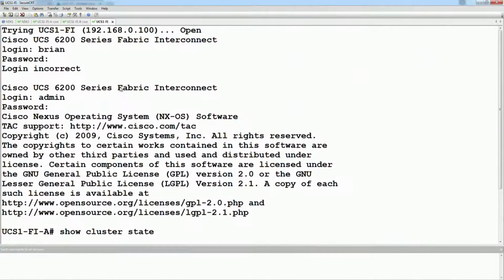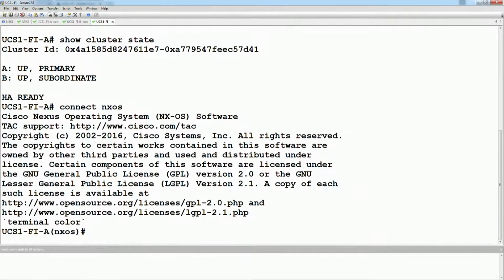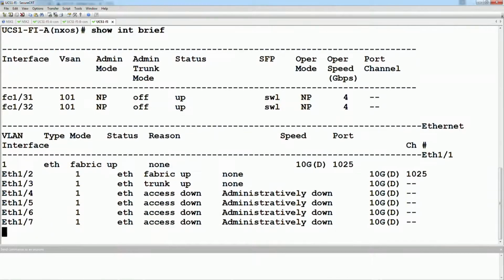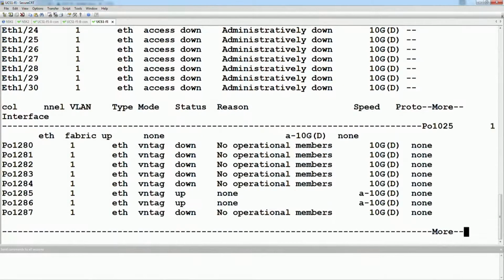Okay, so telnetting to 192.168.0.100 is landing me at Fabric A. Okay, next we're going to say connect NXOS. Then show interface brief. And what we're looking for here is going to be the virtual Ethernets and the virtual